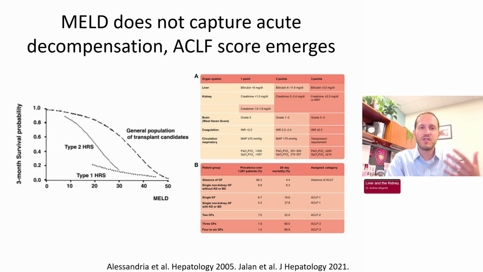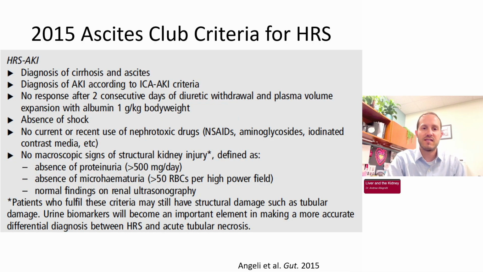There's basically like a SOFA score for patients in decompensated liver disease where you get points for 6 different organ systems: liver, kidney, brain, coagulation, circulation, and respiratory. And you can see the more organs you have go down, which is farther to the right, and the more points you get, the worse you're going to do. And this captures acute mortality a little bit better, but also is important when we get to the terlipressin slides.